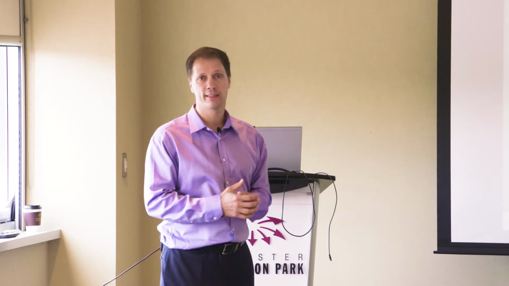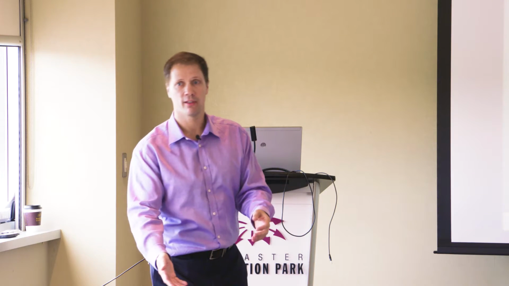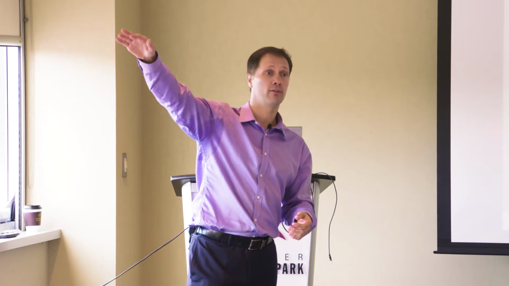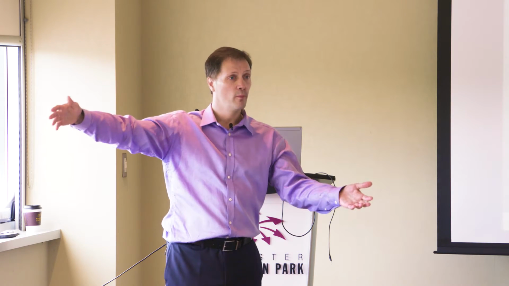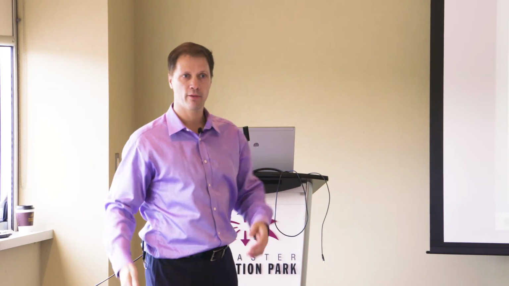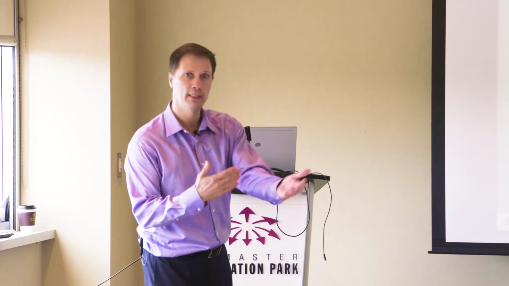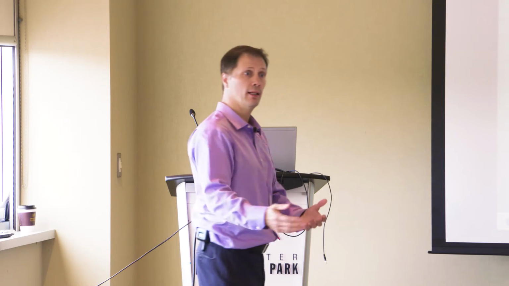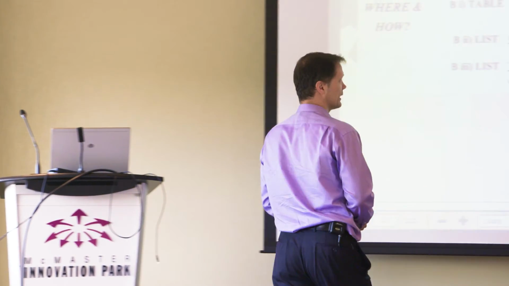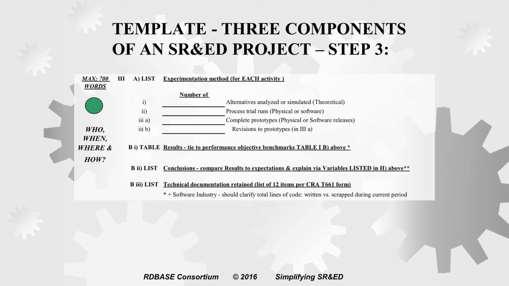I tend to focus on the ones that we're not. We're at 0% of objective, or at 300% of what we expected. So the further we vary from that, how could we be at 3 times what we expected to happen, our objective? Probably something unexpected happened there. And that's what we want to focus in on and explain. So the results are merely indicators of things that maybe need a little more explanation. But the results don't really get us the credits. We don't have technological advancement unless we can explain why we got those results.